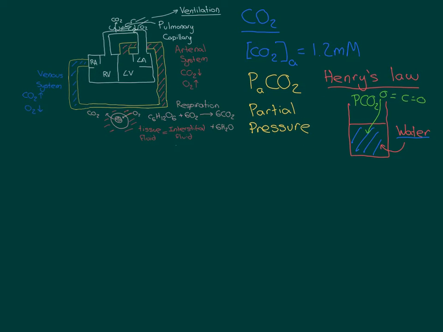So what I mean by that is that when we remove CO2 molecules from the air originally right above the water so that they can go into the water, it will then redistribute so that the partial pressure of CO2 remains the same. We're imagining that we've got a huge amount of air here, so the actual overall change to the partial pressure of CO2, because CO2 molecules have gone into the water, is utterly negligible. Okay, so we can assume that the partial pressure of CO2 remains constant, and Henry's law is a very simple mathematical relationship to tell us, if I have a certain partial pressure of CO2 in this air, what is going